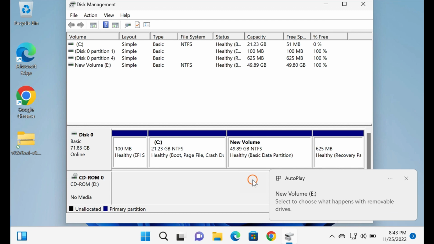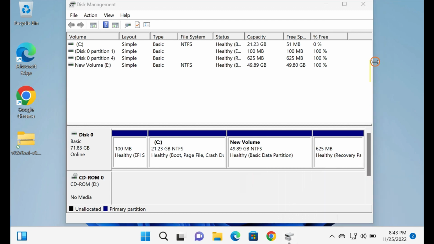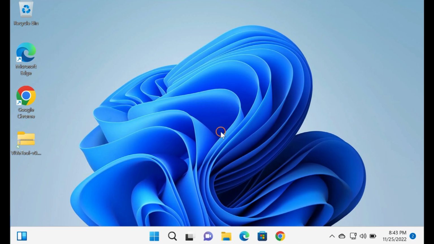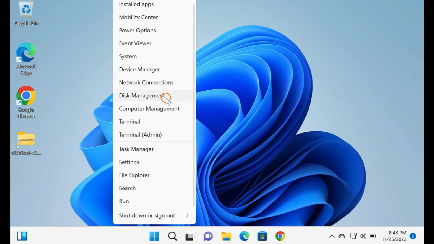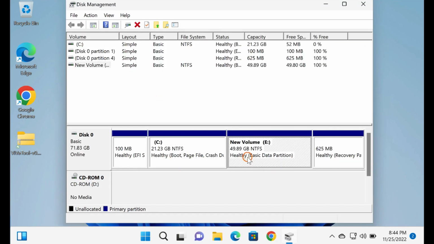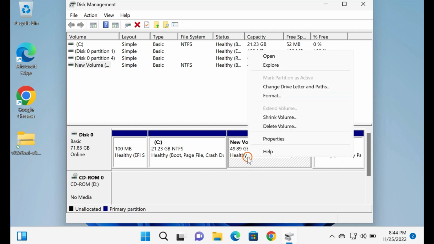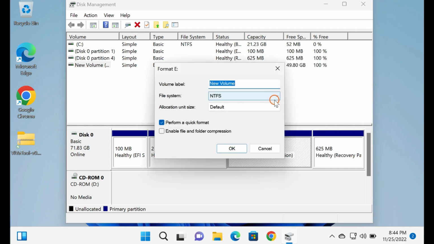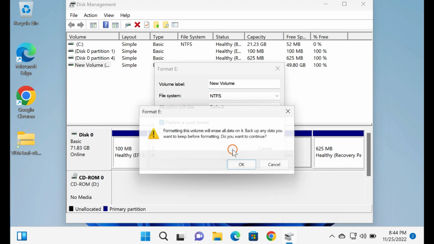How to format a partition on Windows 11 or 10. If you want to format an existing partition, right-click on the Start button. Then, select Disk Management to launch the Disk Management tool. Right-click on the partition from any pane and select the Format option. Please note, formatting will erase the data from the selected volume or partition, but it will not erase the partition or volume. Click the Yes button when prompted.